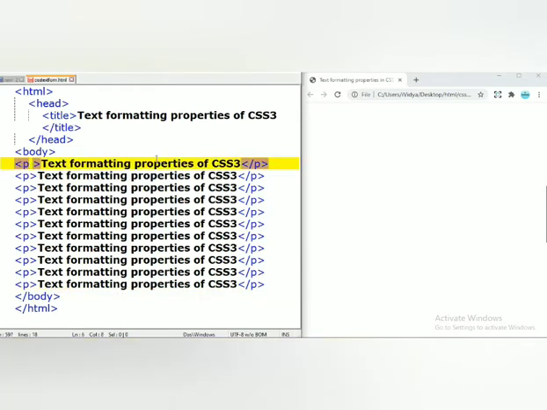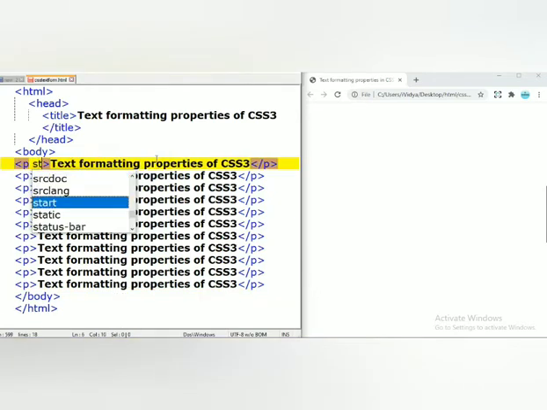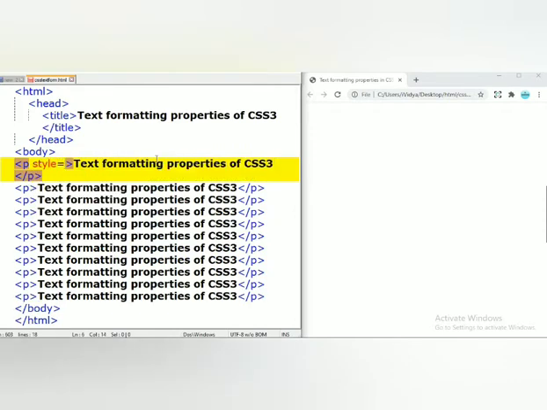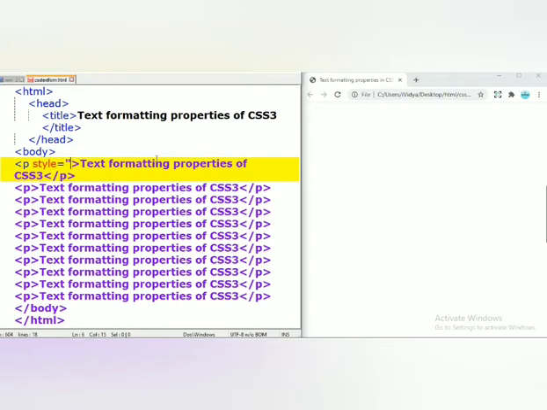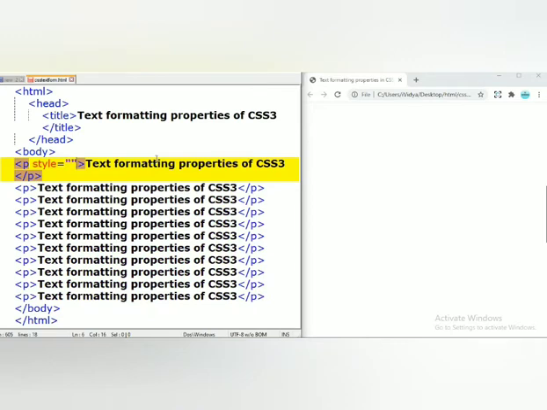If you want to use inline CSS, we need to insert the style attribute, which we already learned in a previous video. We need to write all these properties inside the double quotes, and then close the opening tag.